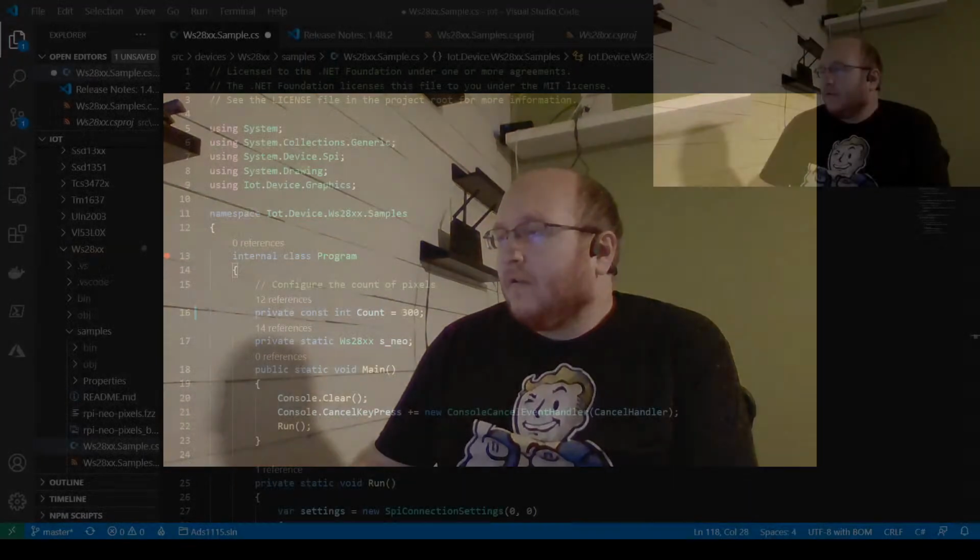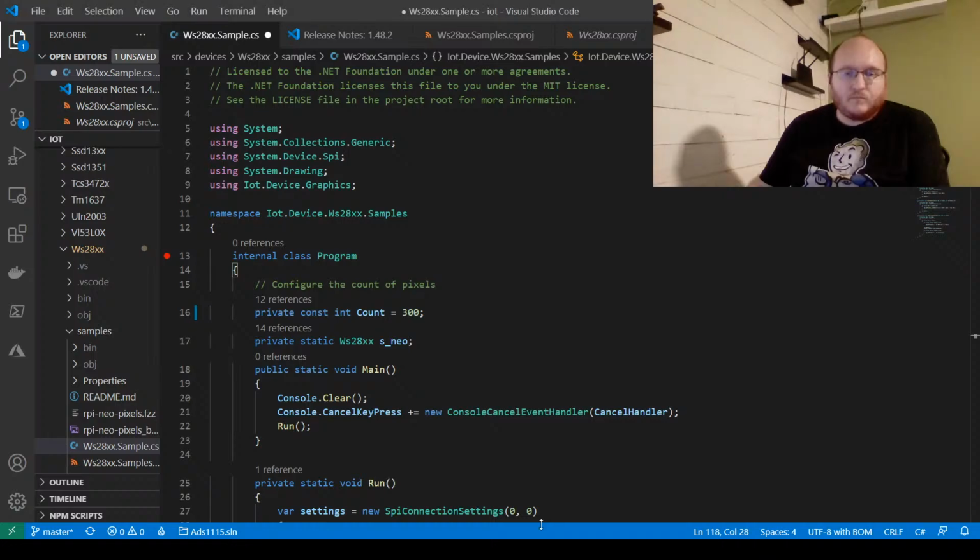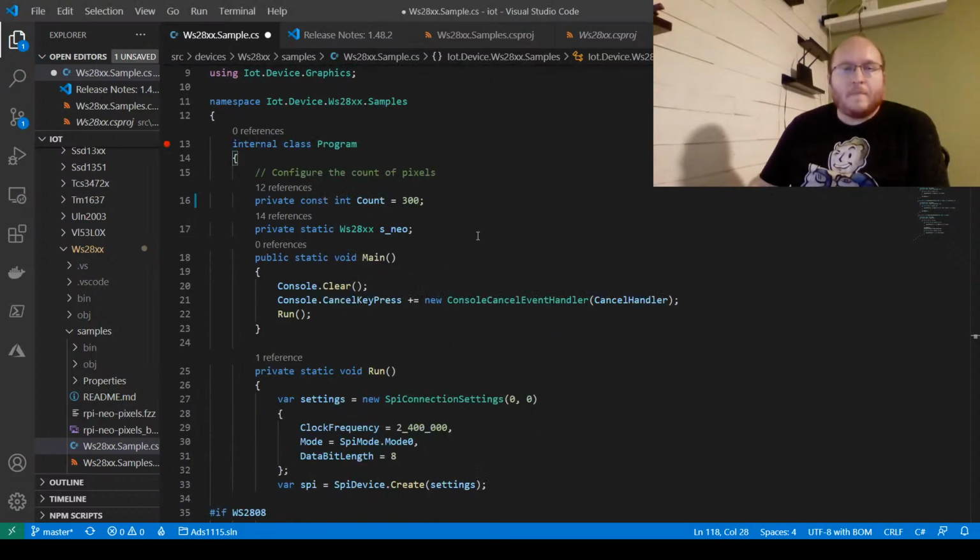All right. Well, if I were to start this over from the beginning again, just to show everybody what's going on, going back to the code. It's just a sample. It's just a standard C# console application. We have it set for having 300 LEDs attached. We're creating